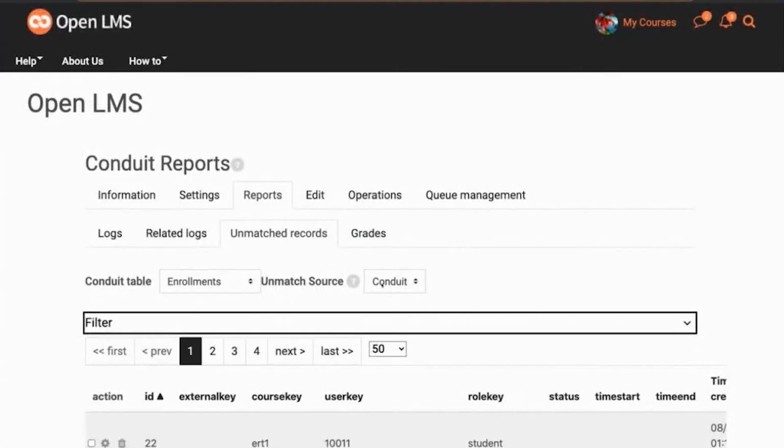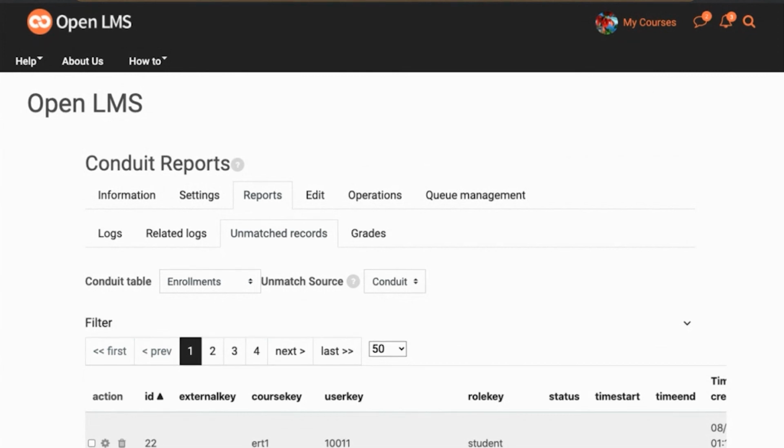So it does give me some pretty good insights into those mismatches between the two different sets of data, and an easy way to synchronize those two sets of data elements to be the same now, so that I can come in and say, oh, well, since we have enrollments that have been manually added to courses, let's go ahead and pull them all out of the system into a file, and then process that file back into Conduit so